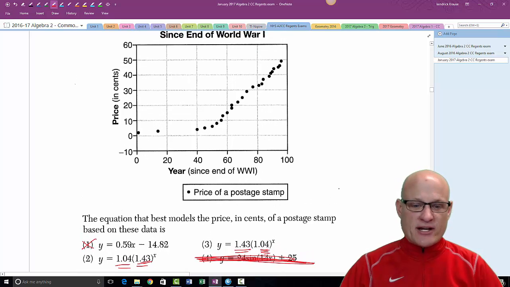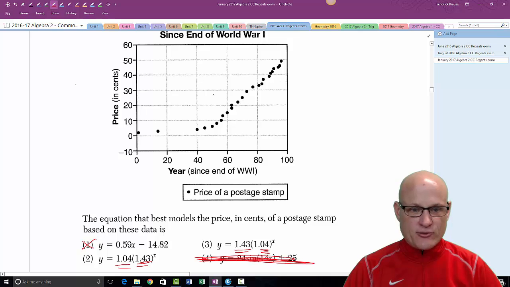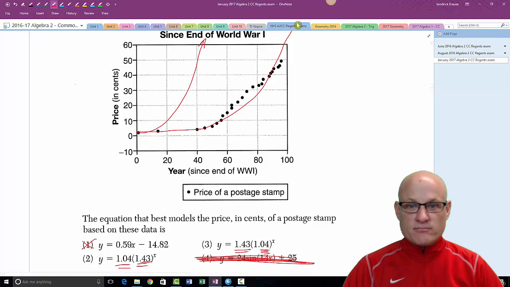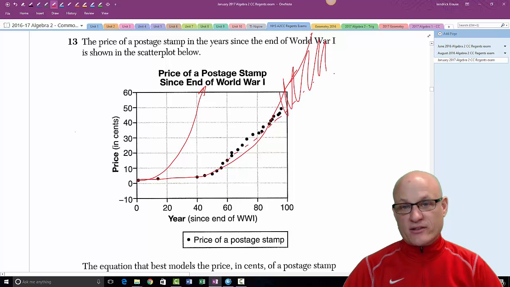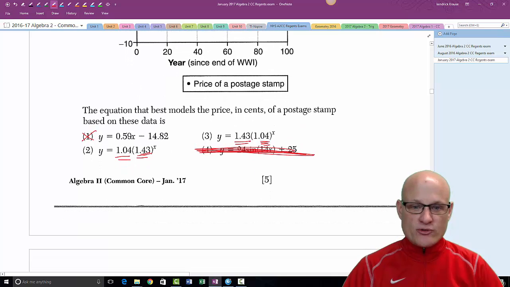So if you were to graph these on your calculator, and I'm not going to take the time to do so, but if you graph number 2, it would look like this. Really steep. If you were to take the other one, it would graph like this. Now, what I don't like about it is you'll notice that because it's exponential, it's going to keep going like this, whereas this data appears to do this. But again, we don't look at this. That would be extrapolation. We're not going to look at that. So the answer in this case was choice 3.